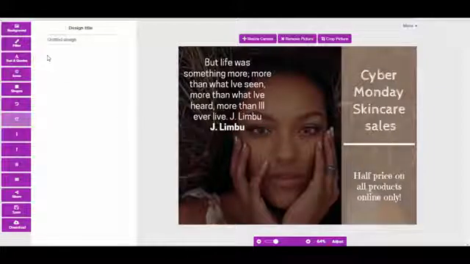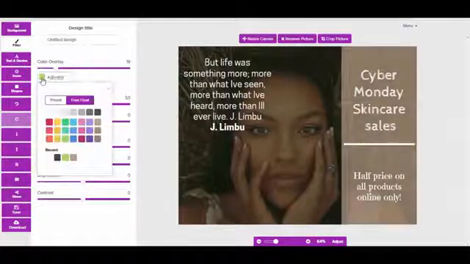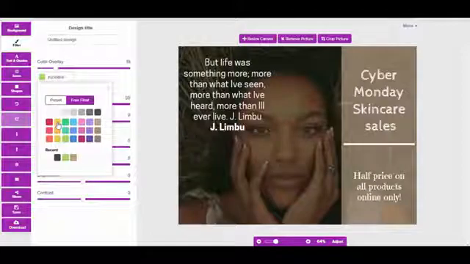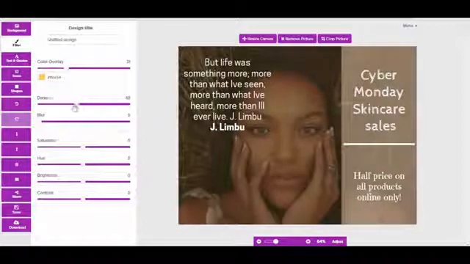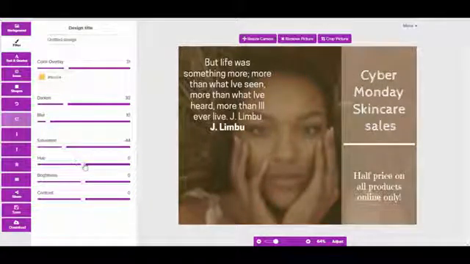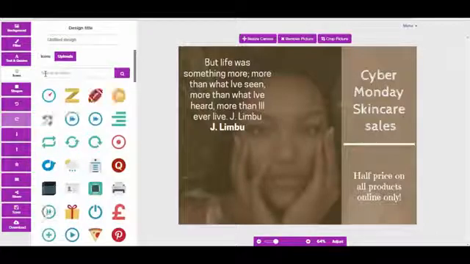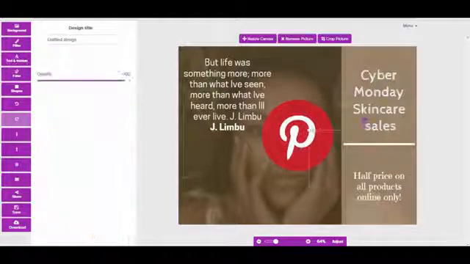So we have a nice quote on here, and then you can, again, filter the image. So you can do different color effects like that, and you can darken it or lighten it, and you can blur it a little bit or as much as you want, saturate, and then play around with the hue, the brightness, and the contrast. And then once that's done, you can save. But before that, let me just show you some of the icons that we have. So again, there are millions of these, and I think that's a nice bit of image to go